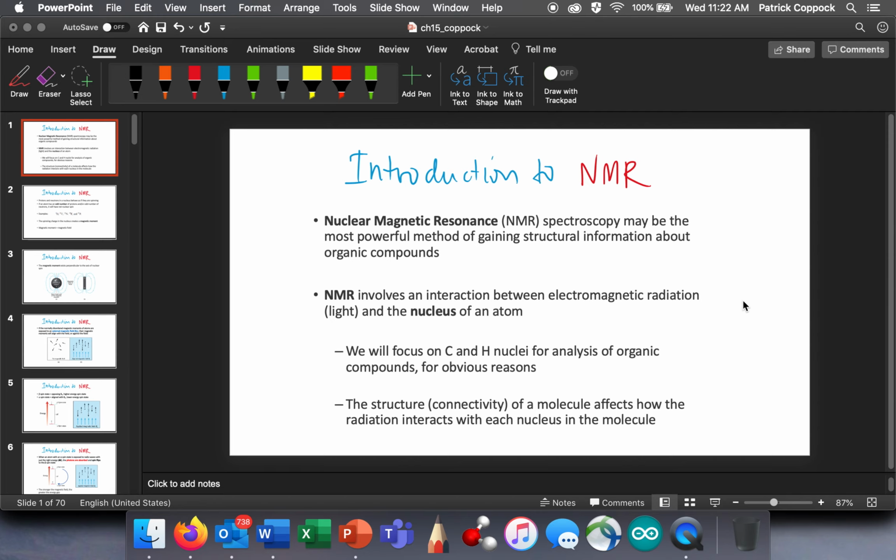Okay, so we are going to talk now about NMR, and this is probably one of my favorite methods. It's certainly very powerful. The author of our textbook says it is the most powerful method for gaining information, and I certainly agree. So we're going to talk about the NMR of carbon and hydrogen mostly, right, because we're studying organic chemistry. And let me remind you that NMR gives us insight with respect to the connectivity or the